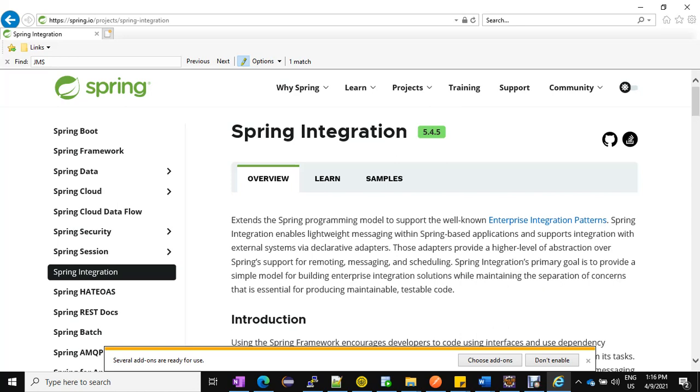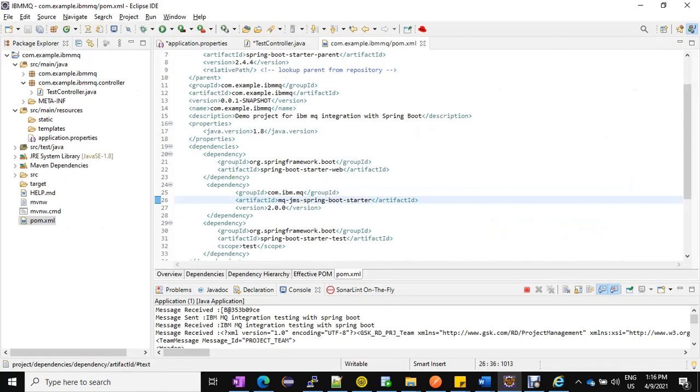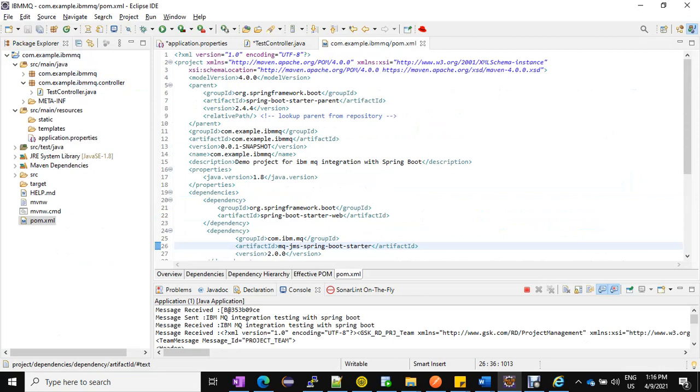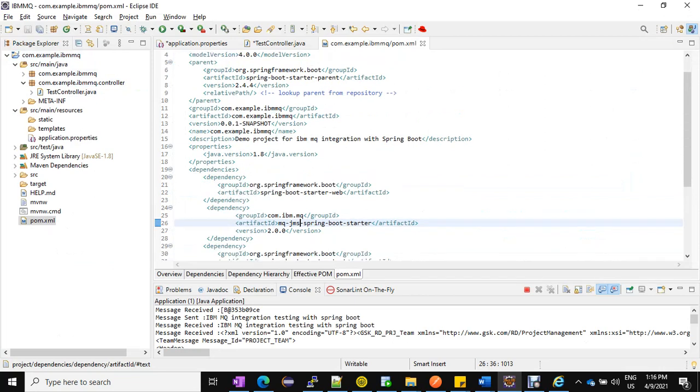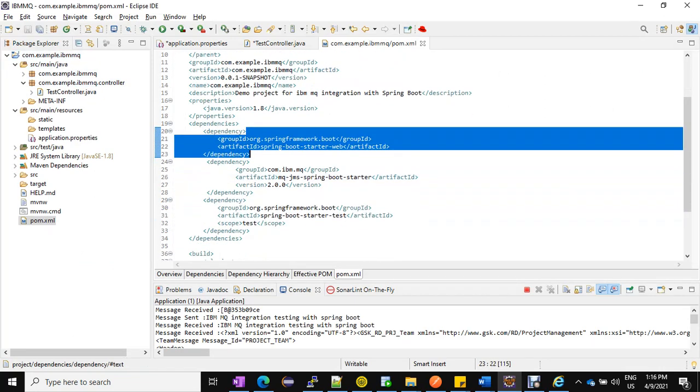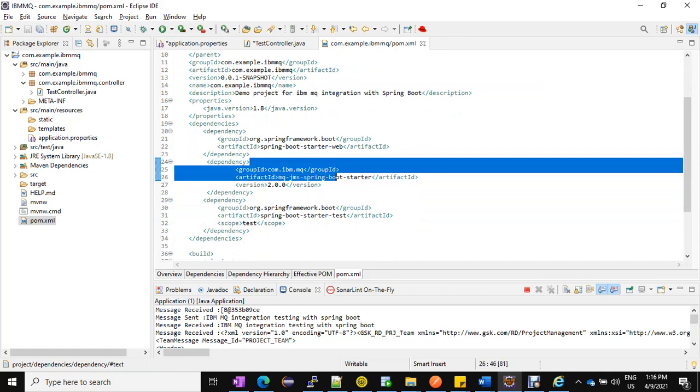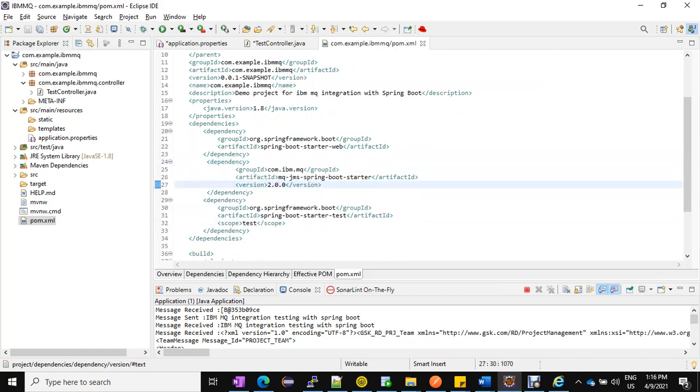So I've already created one project, com example IBM MQ, and if you see the dependency, we need starter web and this MQ JMS Spring Boot starter, up to 2.0 is the version.